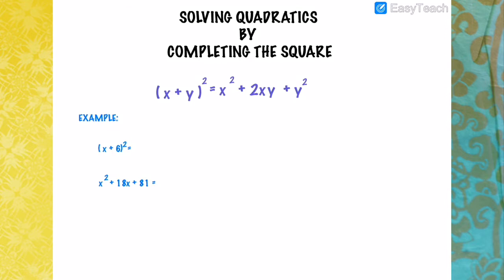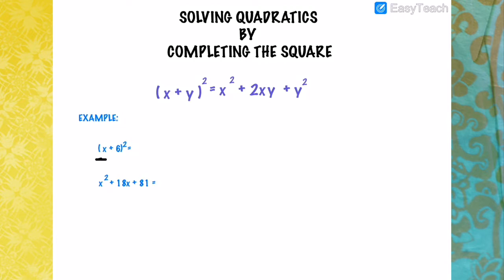But what happens if you don't have a perfect square on one side? For you to be able to solve a quadratic, if it's not a perfect square, you make it perfect by doing the process of completing the square. So let's take, for example, (x + 6) as a perfect square binomial. So that you would understand how we do completing the square, when we expand a perfect square binomial, if you would notice, when we expand this,